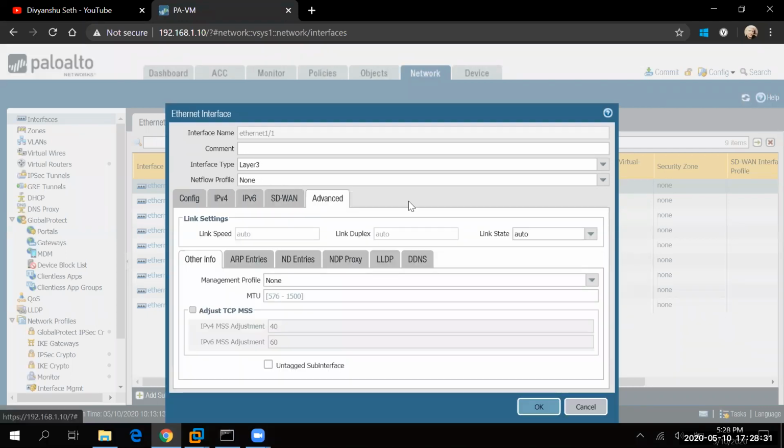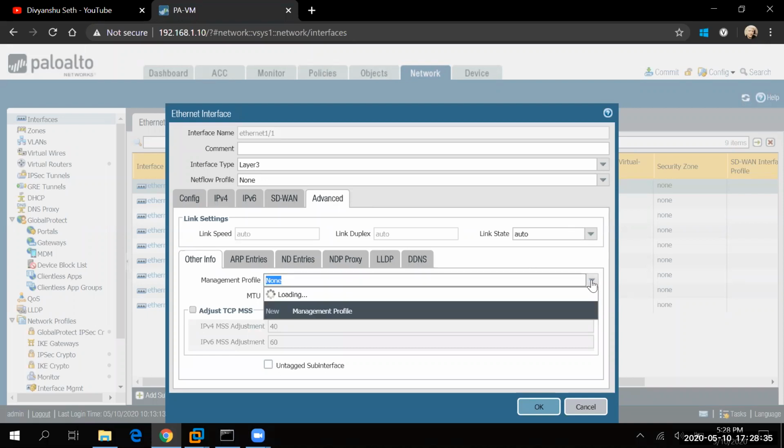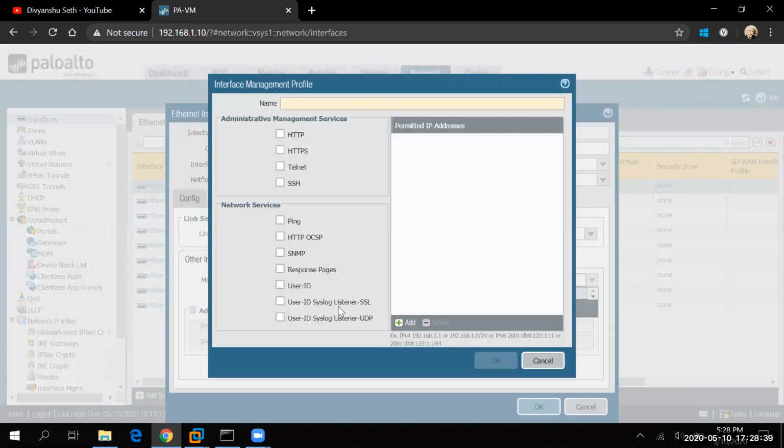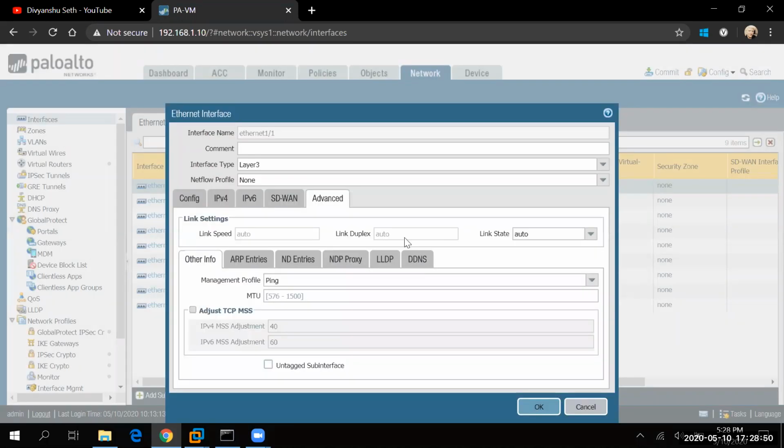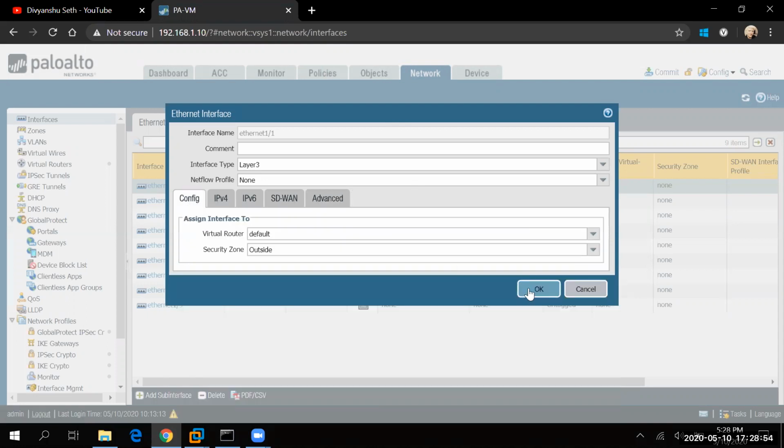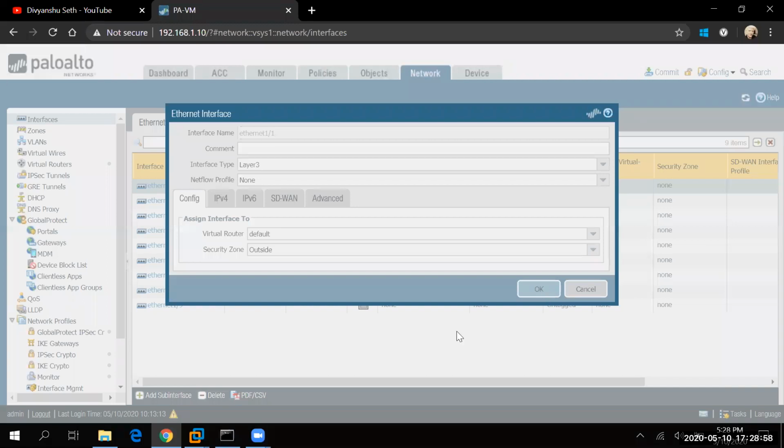Here I need to do nothing in Advanced. If we want to check connectivity, we can create a ping profile, which will be a management profile. In the management profile, we can enable ping so that we can check the connectivity. Let me enable this, and after that we are good. Okay, let me click OK here.